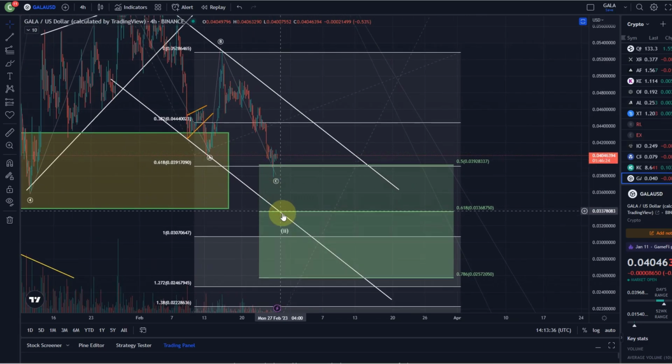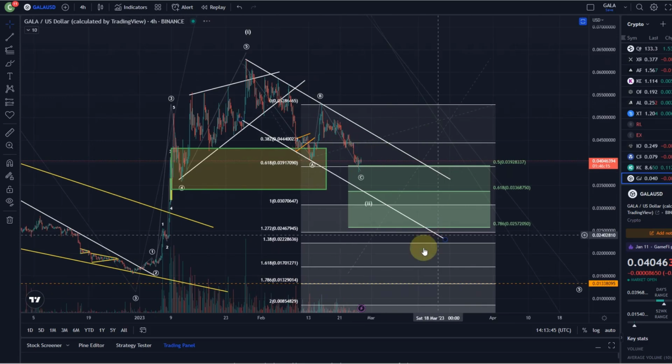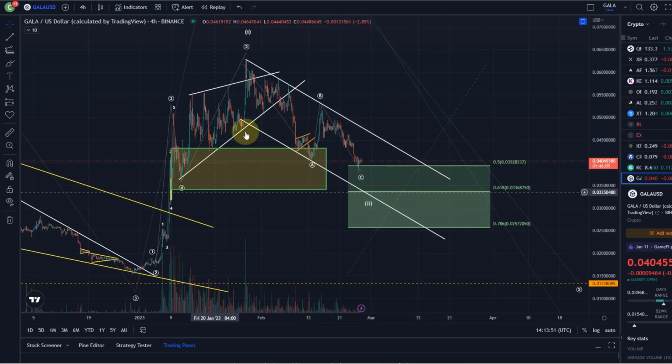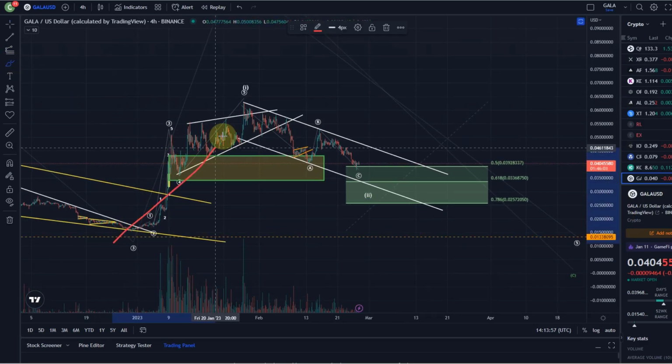Ideally, I would like it to go a little lower, but it might not do that in a very straight line. It might do a bit of up and down. And as long as it's following the channel, it can still follow down further. It should not drop below 2.57 cents, because if it does that, then it will make this 1-2 setup very unlikely, and it will cast some doubt on this overall scenario that we have here, a 1-2 setup,